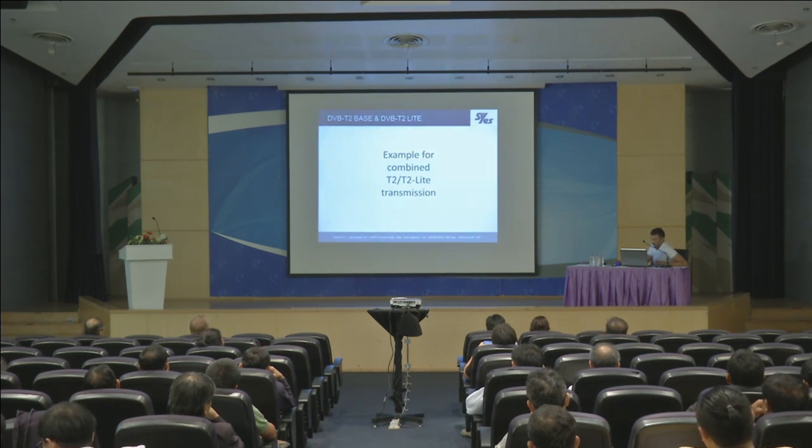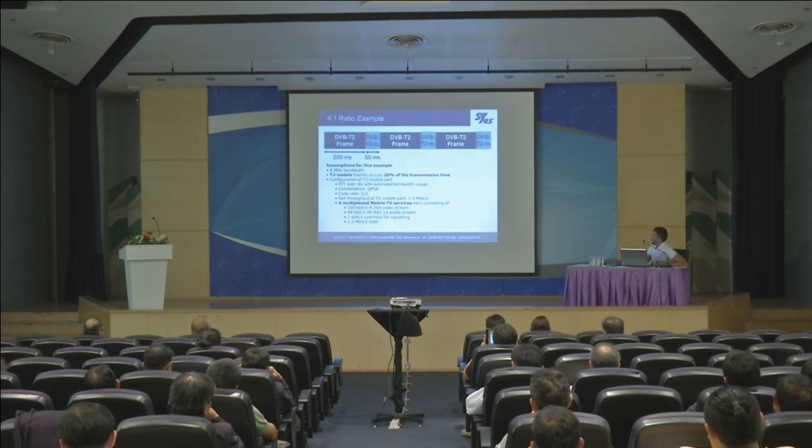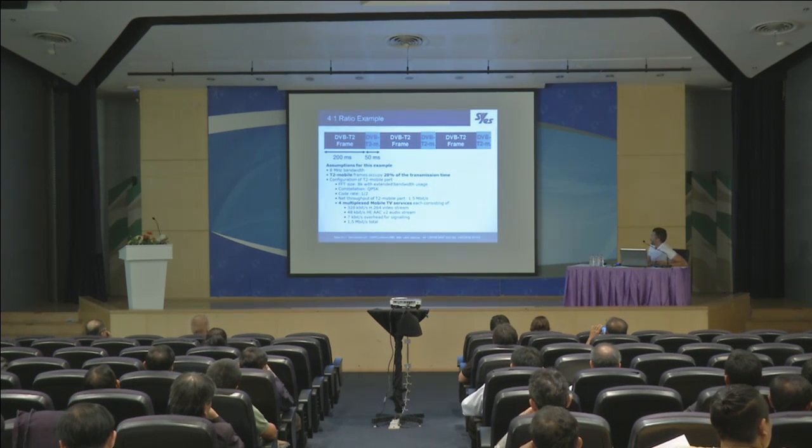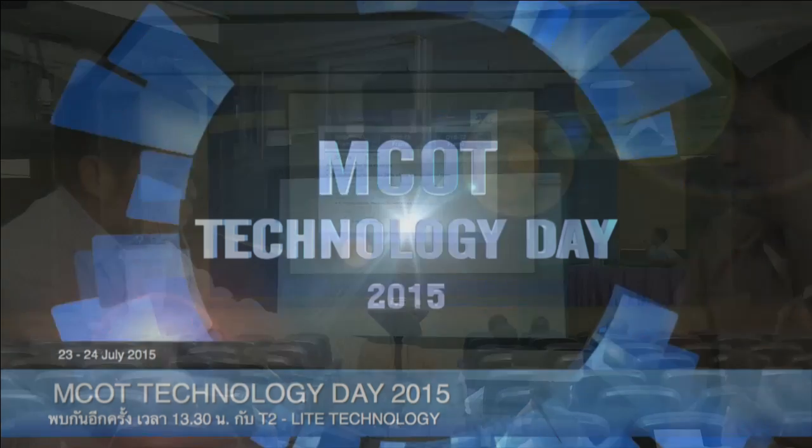Following, there is an example of a T2 Lite transmission. It could be, for example, a 200 millisecond frame of DVB-T2 and a 50 millisecond frame of T2 Lite or mobile. The channel used is 8 MHz bandwidth, and in this case, the